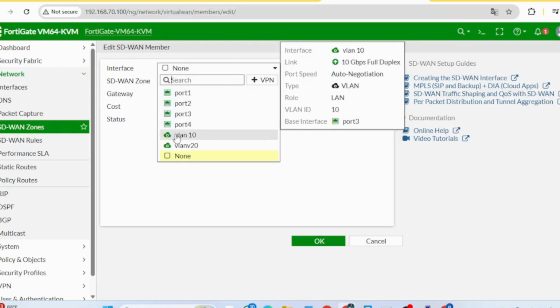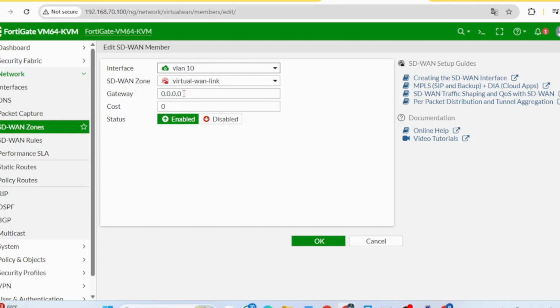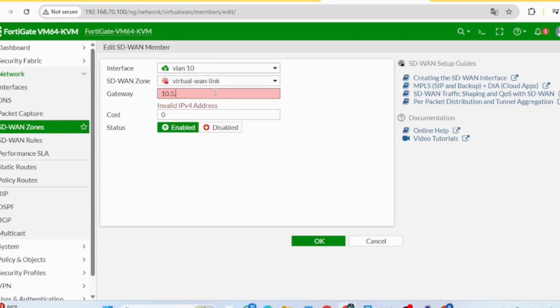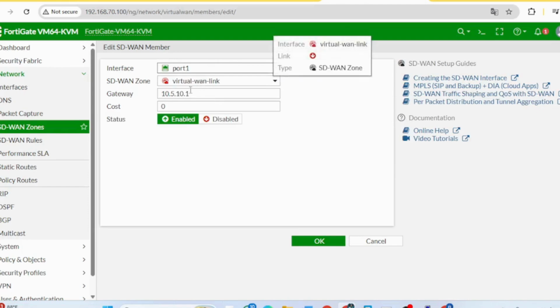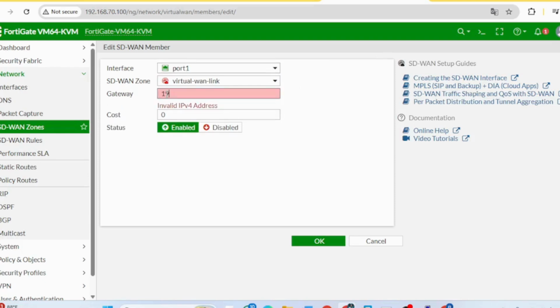VLAN 10 was 10.5.10, and for the other one, oh yeah, I need to do the port to the other things. It has its own gateway.